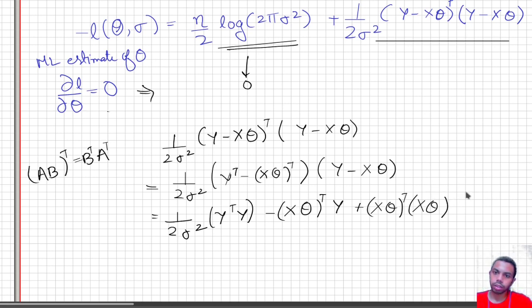Then I have one more term, which would be minus y transpose x theta. With that out of our way,